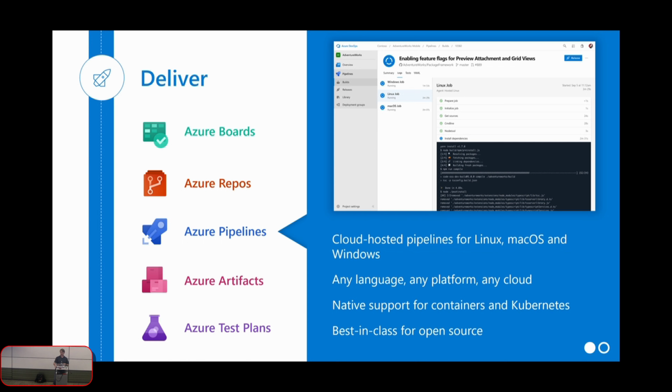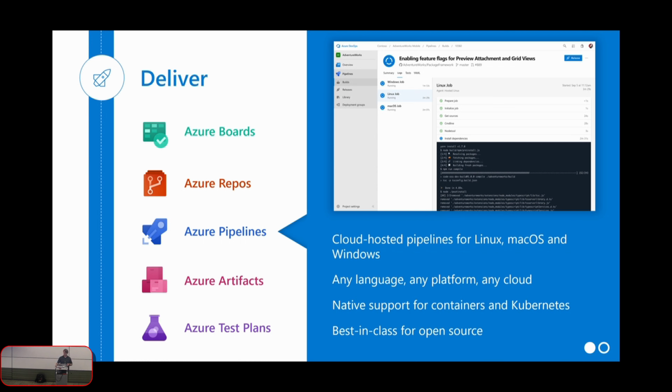And I've mentioned this earlier, it supports open source, and I would say it's arguably the best in class for open source out there. And as you'll see later when it comes to pricing, spoiler alert, if you're creating open source projects, pretty much everything you're seeing tonight is just free, which is pretty awesome.